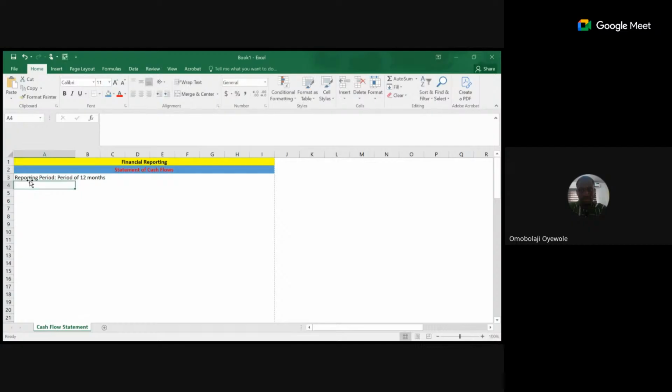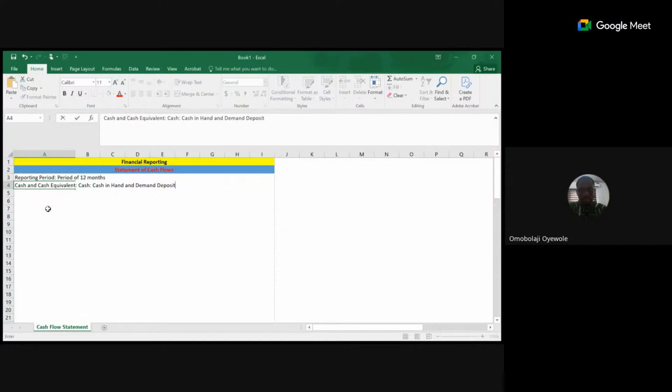And secondly, the cash flow statement is prepared to show the movement or the changes in what? Cash and what? Cash equivalent. The changes in cash and cash equivalent. Now, let's break this down into 2. Cash. When we talk about cash, cash here simply means cash in hand and what? Demand deposits. Cash in hand and demand deposits. Now we're looking at 2 things, cash and cash equivalent.